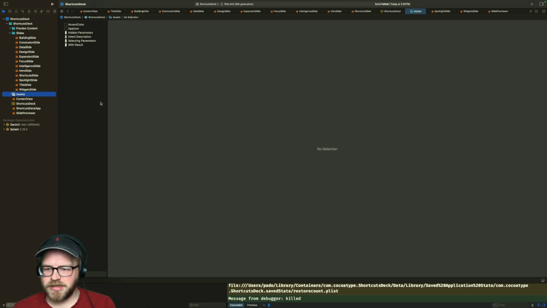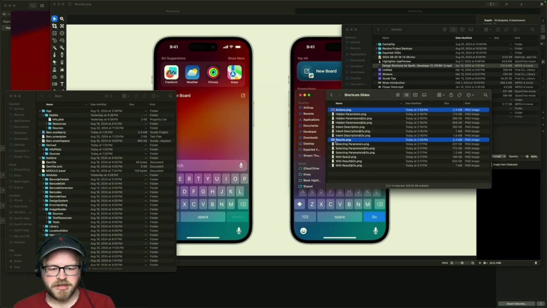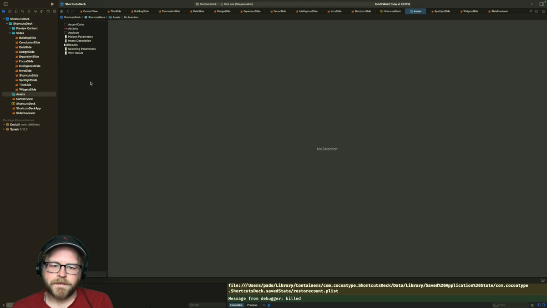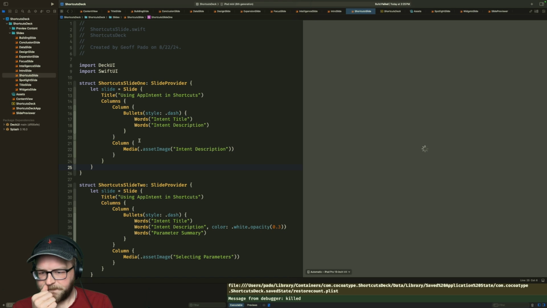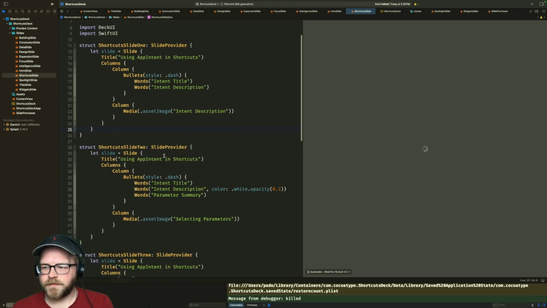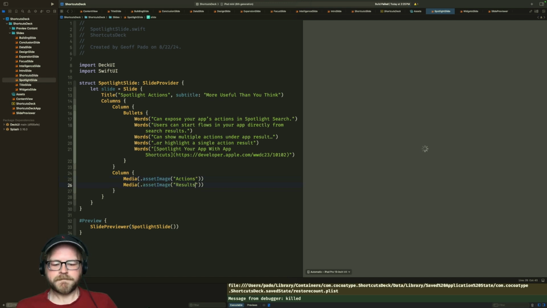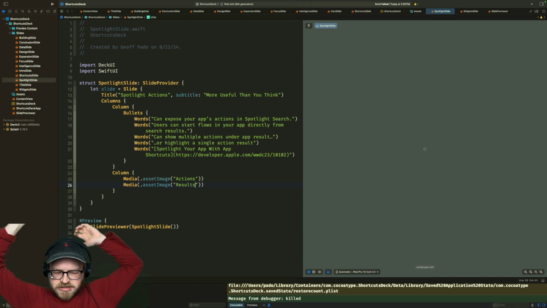Go to our assets, and we're just gonna drag and drop those in. Okay, and so then I think we want actions on top and results on bottom. What that looks like.